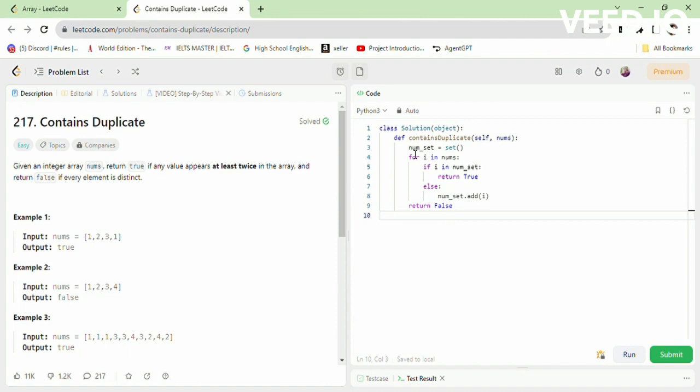So let's see how the code will work. First I created the num set variable and created the set here. Then I use a for loop over nums, and if i is in num set, then return true, otherwise num set dot add i. If i exists in num set, then it will return true, otherwise we add the element to the num set and return false. So this code actually works like